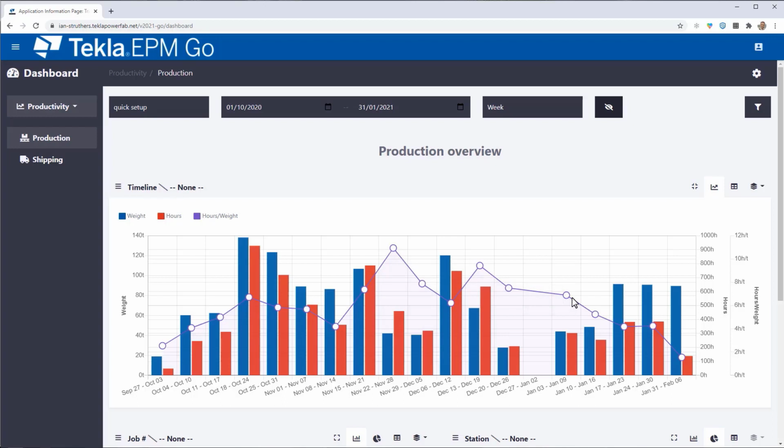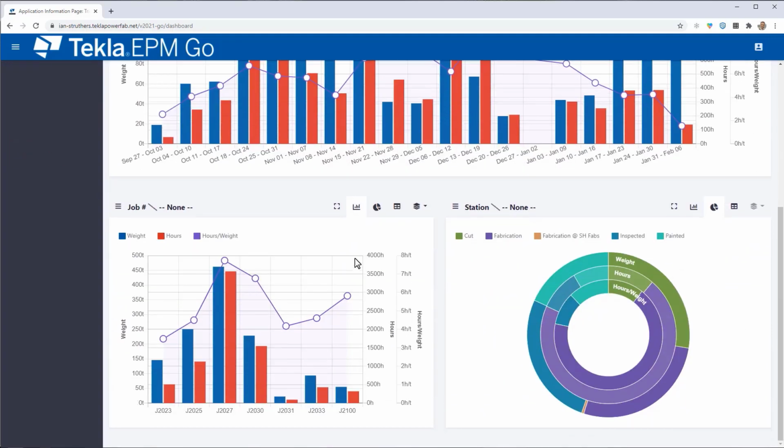And again, that's based on a time frame, so I can start to see patterns emerging there. I can also view that on a job by job basis. So over those 4 months, I've worked on 7 jobs. The most efficient job was down at 3.5 man hours a ton, and the most labour intensive job was this J2027, which had an average of just shy of 8 man hours a ton. Again, this data isn't necessarily accurate, but it's showing the patterns that you will be able to see when using these dashboards.